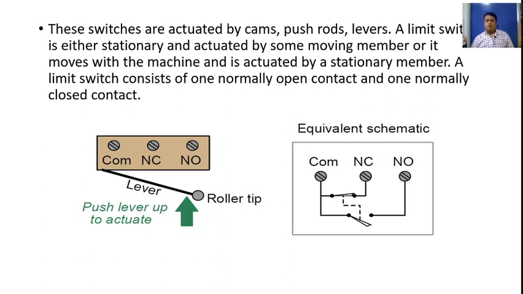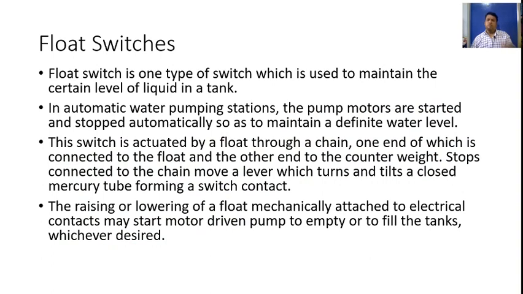you can see the lever here where it is being pushed and controlled. Observe the arrow mark where it will be closing, and this lever operates the positions. Here you have switches which make the common connection with the NC or with the NO, normally open or normally closed, as actuated. These types of limit switches are used where you can control or slow down the process. What are float switches?